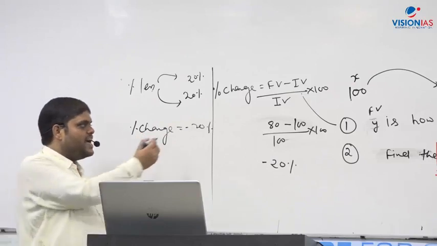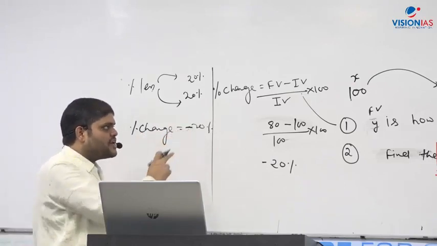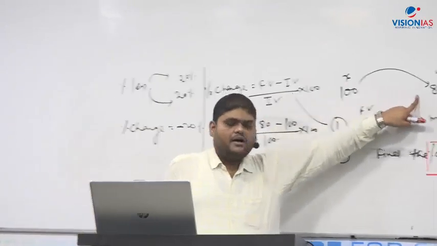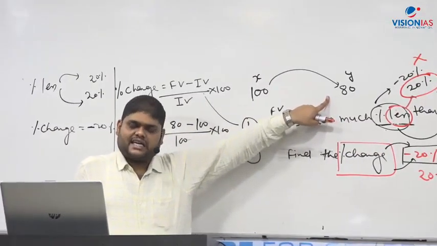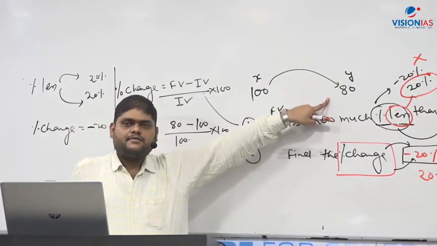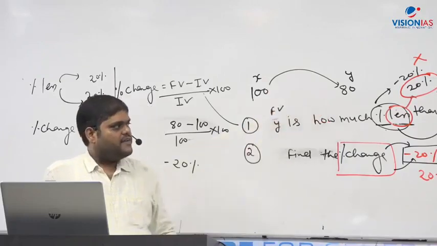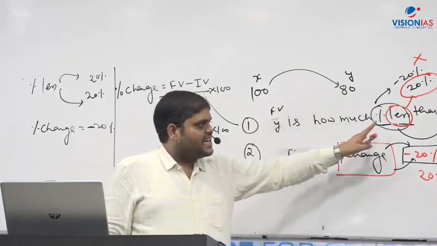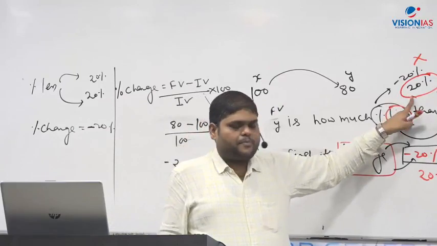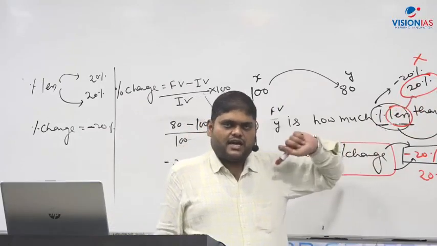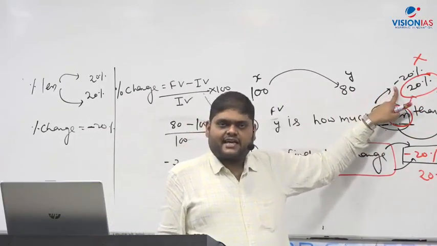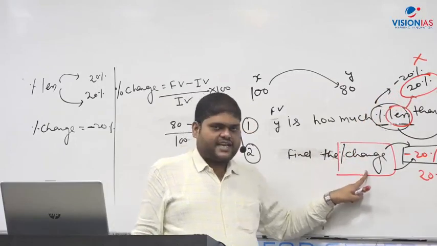So that's why minus is showing here decrement. So always remember, when they are asking less, the answer will be positive, that means 20% only, no meaning of negative sign here. But when they are asking change,